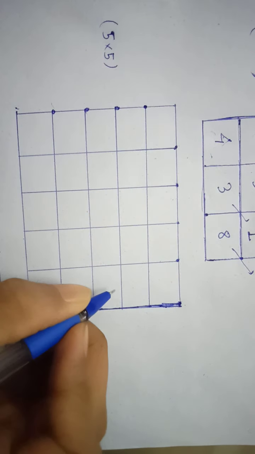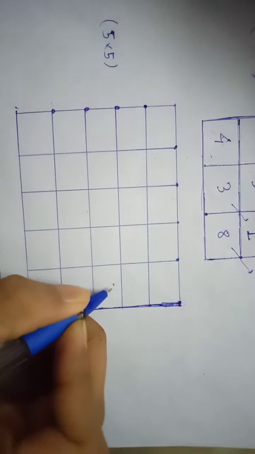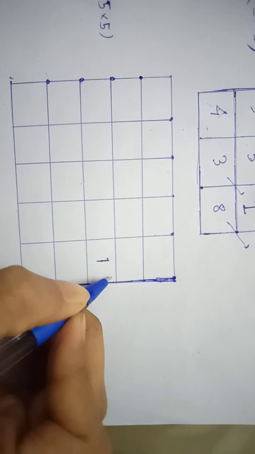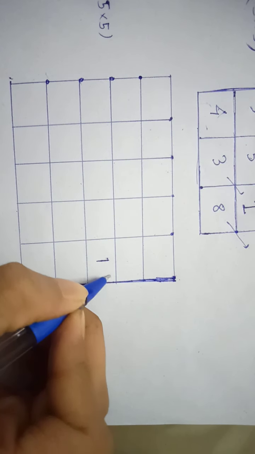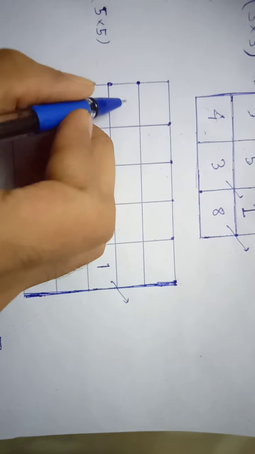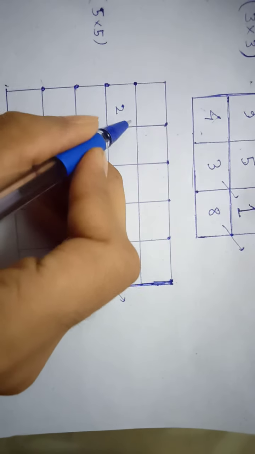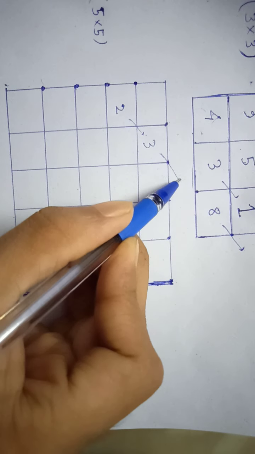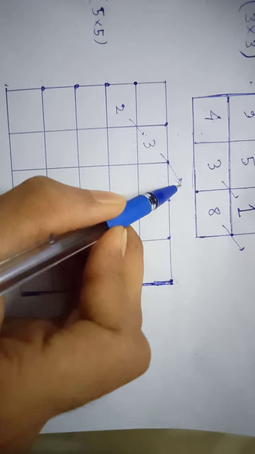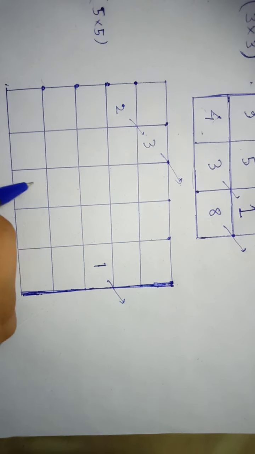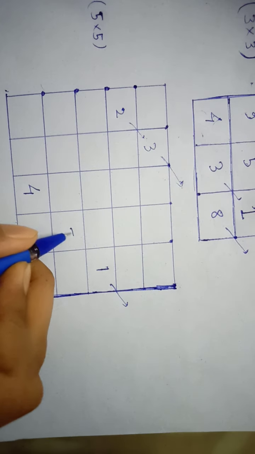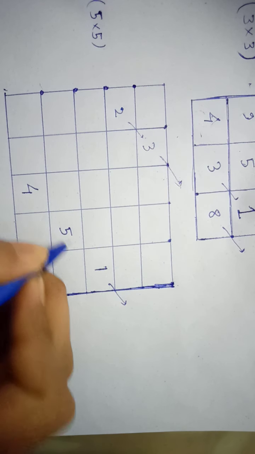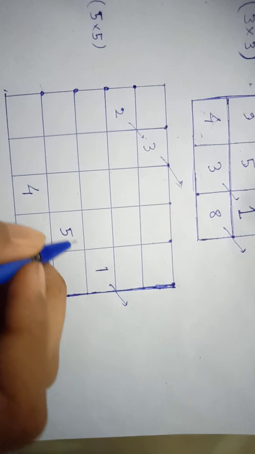The number 1 is in here, moves diagonally, no box is to be found. 2 is in here, moves diagonally. 3 moves diagonally, no box is to be found. 4 is in here, moves diagonally. 5, here collision occurs between 5 and 1, so the number 6 is in here,